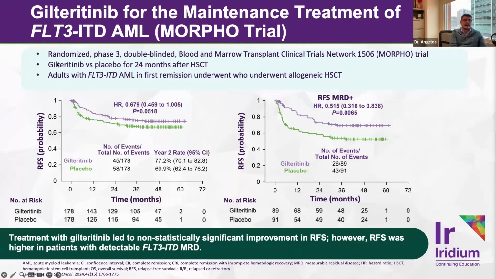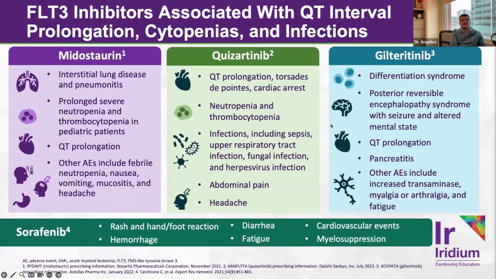We talked about this last time, which was the MORPHO study published by Mark Levis. Again, as a reminder here, there is an advantage to giving gilteritinib after a transplant only if patients were MRD positive going into transplant. And I do want to highlight that the type of MRD test done here was quite sensitive. It was a hybrid PCR NGS test that was able to detect FLT3 all the way down to the level of 10 to the minus 6. So if it's present, it is beneficial to get patients back on gilteritinib after their transplant.